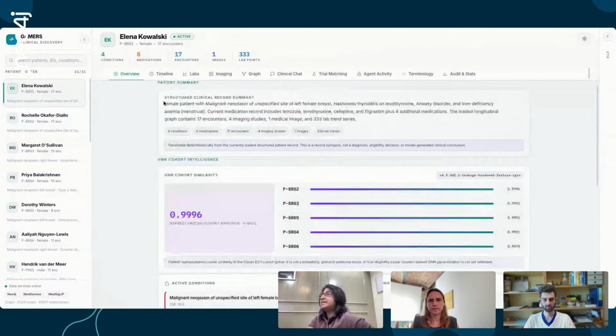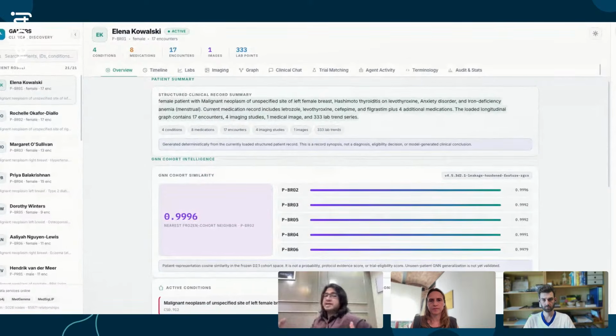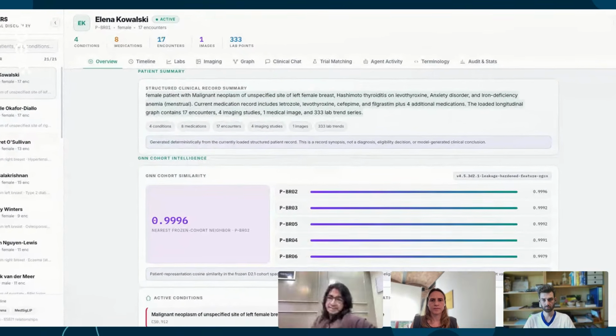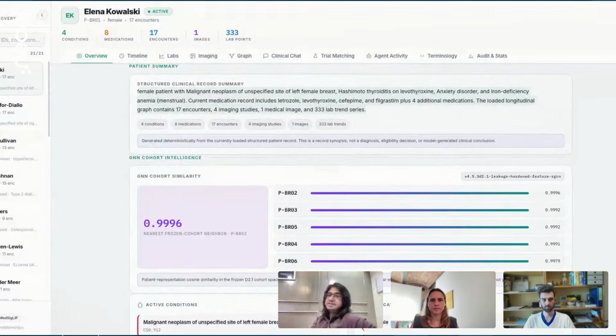Now, this entire structure or statement that you look at is not just coming from a language model or just from using an LLM. This is coming from the entire graph ontology, the context. And every time there is a new evidence, new medication, or new clinical records, it has to make sense of what the patient